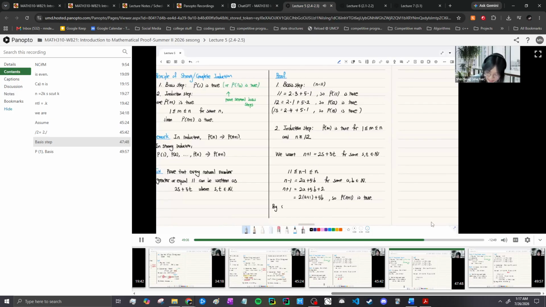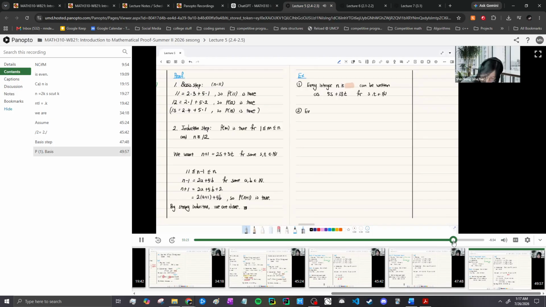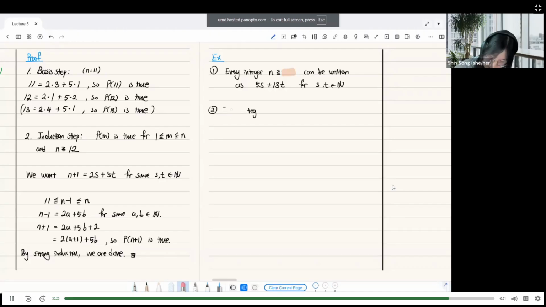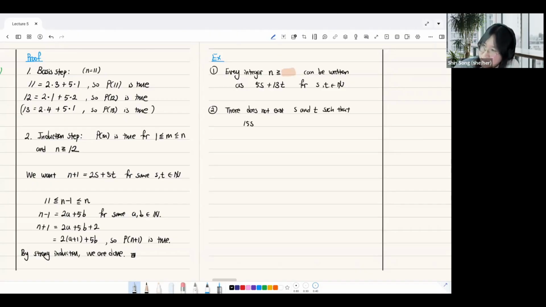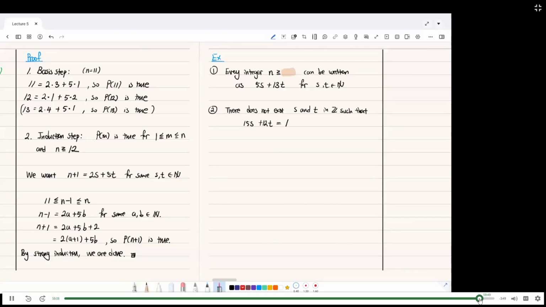So now by strong induction, something like there does not exist s and p such that 15s plus 12p is equal to